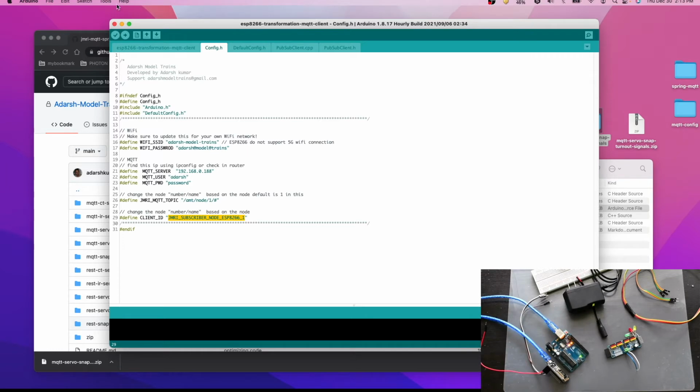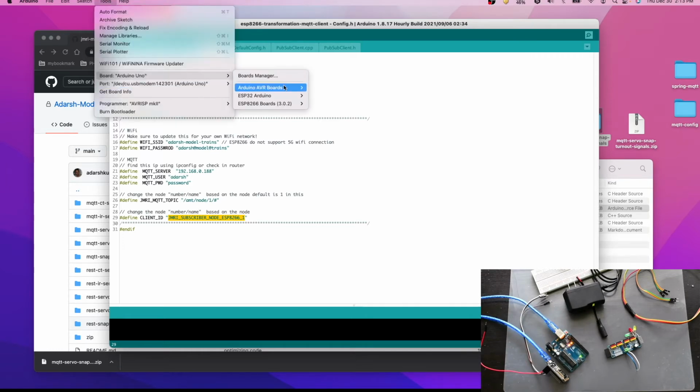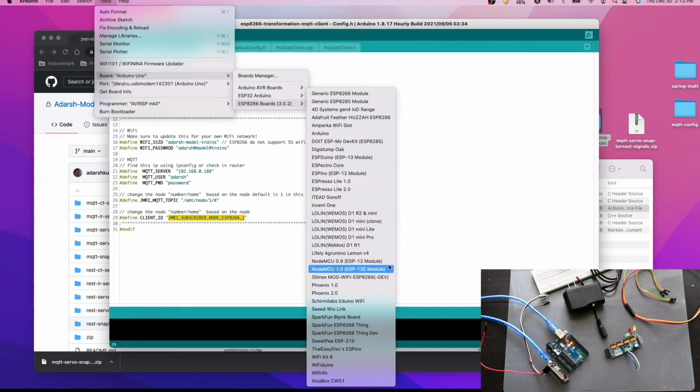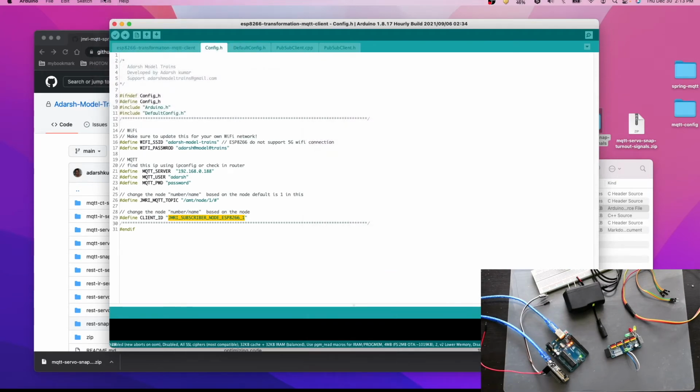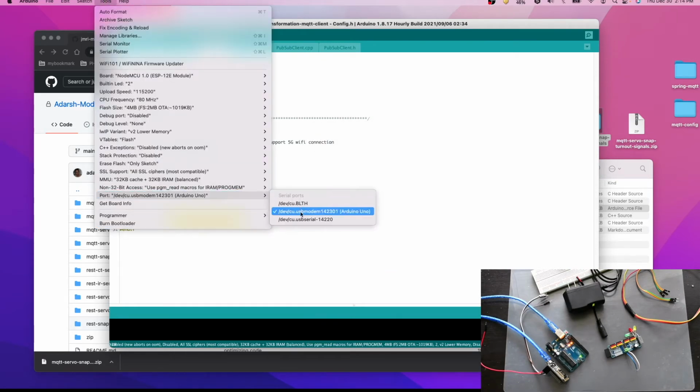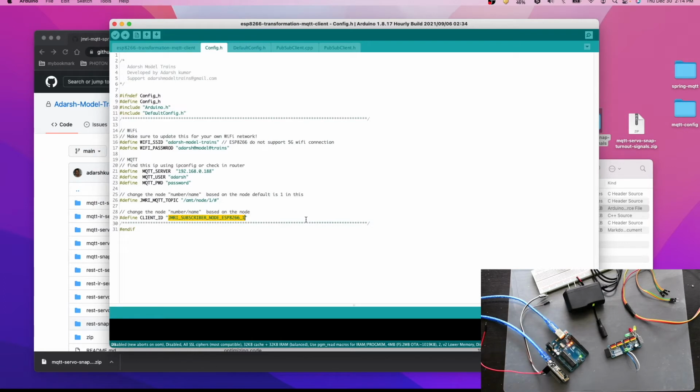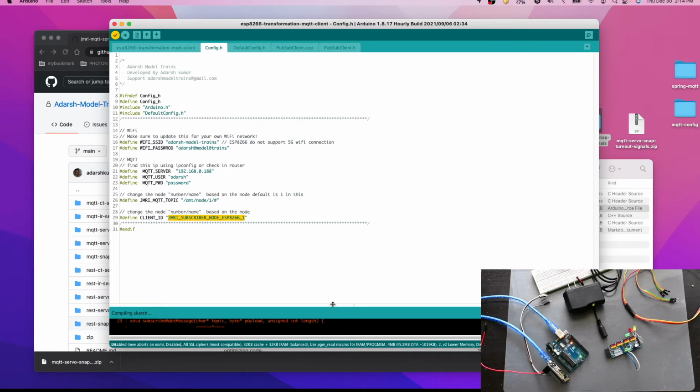Let's select the board type here, going into NodeMCU 1.0, and let's select the port. We selected. Let's compile the code. Normally for ESP8266 it takes time to compile the code and upload the code.